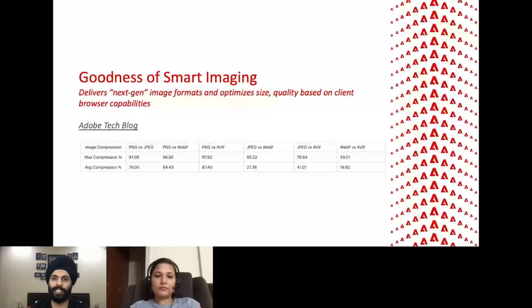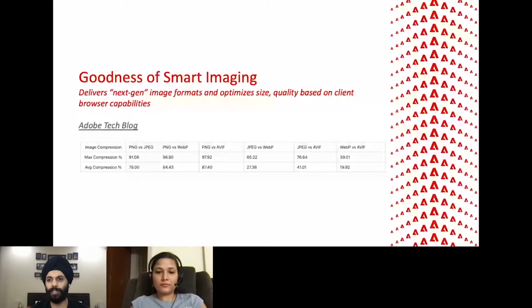Smart imaging is a technology that applies Adobe Sensei AI capabilities by taking into account end user characteristics like browser, display, device, and network bandwidth to deliver an optimized image. One of the key features of smart imaging has been browser format conversion. Smart imaging offers the capability to deliver next-gen image formats like WebP automatically based on the end user's browser. Moreover, the quality is recalculated to keep the visual quality same as the requested image to make the image size as small as possible without any visual quality degradation.